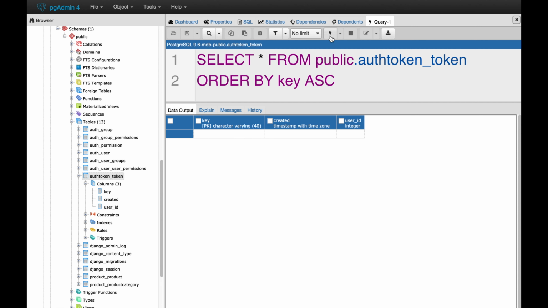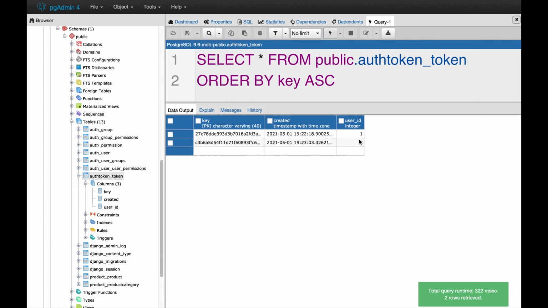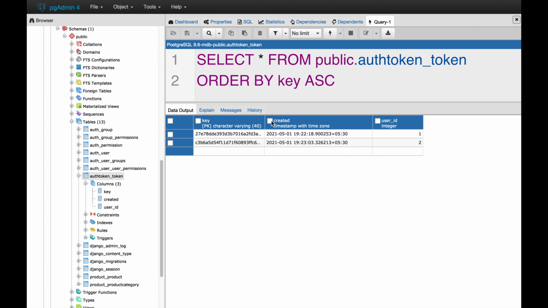I'm going to refresh this table, and you see there are two tokens here. One user id is 1 and the other 2, and when we created all this, you can see the information, and the key is also there, right? The key and the created timestamp. So however many users you created and tokens you create, all the information will be stored in the authentication token table. That's the reason we need to add it. Also, if you want to secure these tokens, we can secure them with encryption, but let's just keep it aside. We'll debug more in the upcoming sessions.